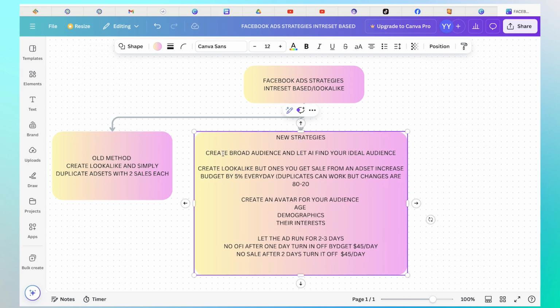The first one which I experienced: last month we made almost 30,000 in net profit. How did we manage to get this kind of profit, because right now everyone is facing losses? What we did is we invested 2 to 3 thousand on testing different audiences, and we found out which audience is working best for us and giving us the best results, and that's how we started running our ads. So first, create a broad audience and let AI